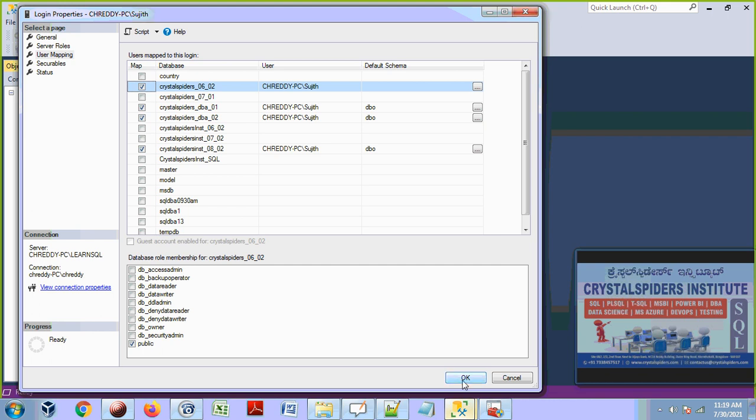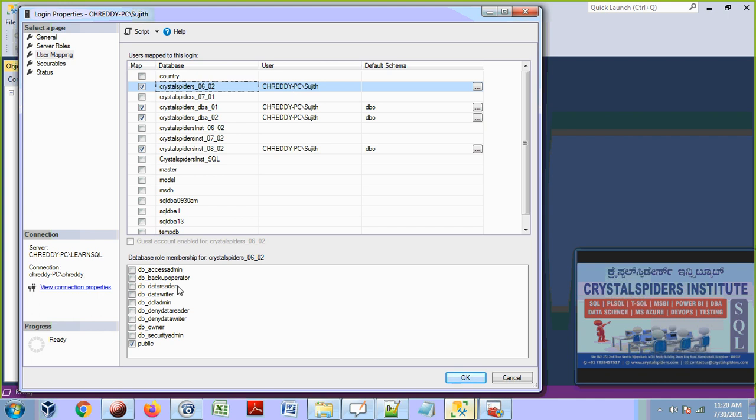And say OK. When you say OK, inside this database, one user will be created. See, these are all the users that were created under these databases, guys. You can change this username also, no problem. But usually we leave these usernames as they are. This username will get created under this database automatically. Then go to this user and grant access to this user on that specific table.